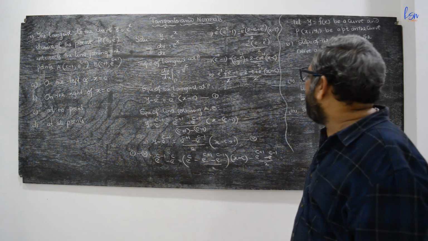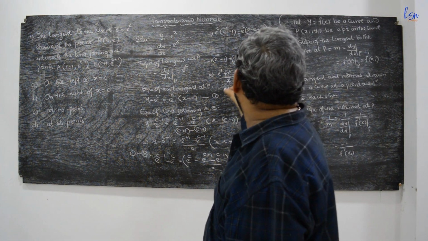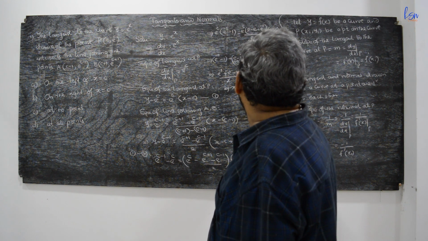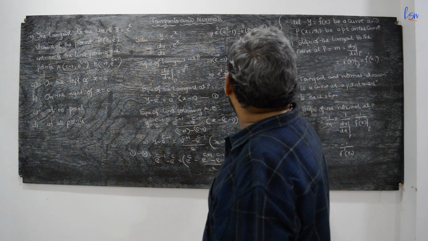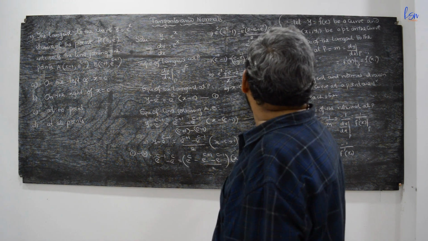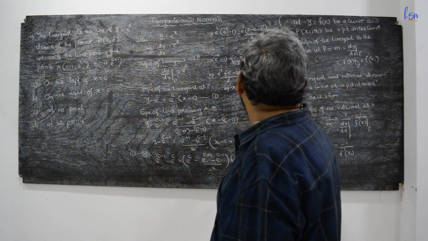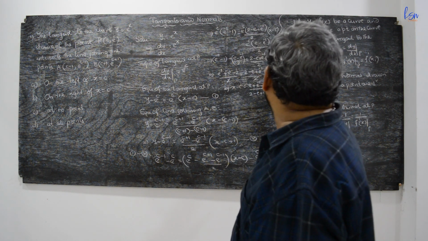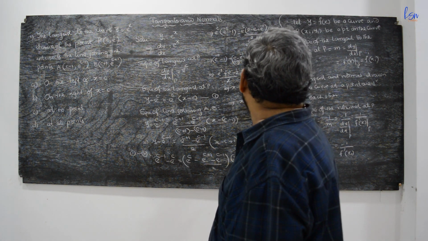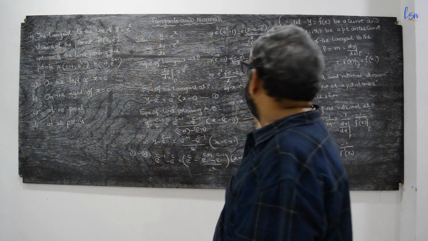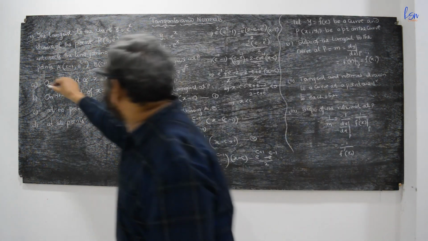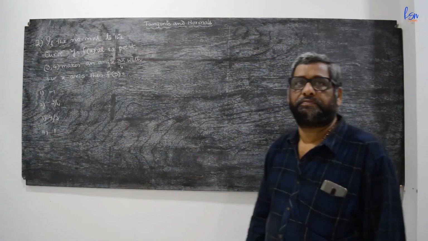This 2 gets cancelled. Now you can write x minus c is equal to (e plus e power minus 1 minus 2) by (2 minus e plus e power minus 1). Now it is less than 0, which implies x is less than c, therefore they will intersect on the left of x is equal to c. So this will be the option.